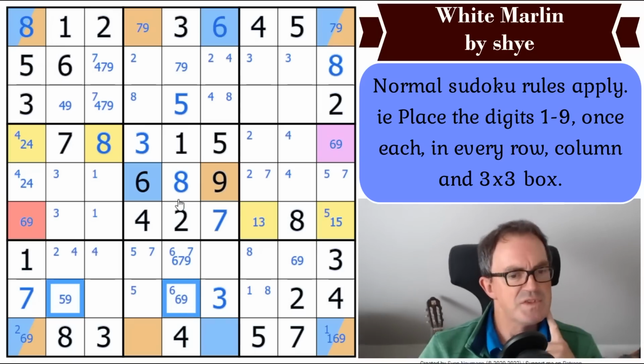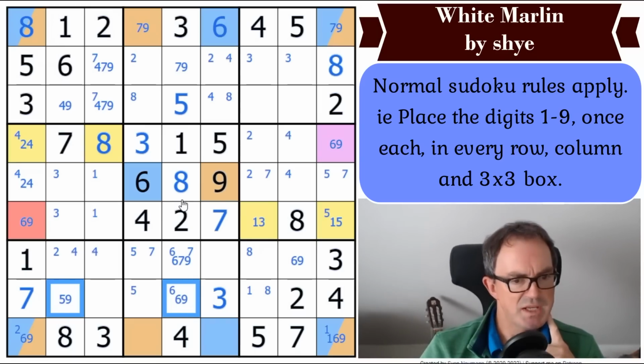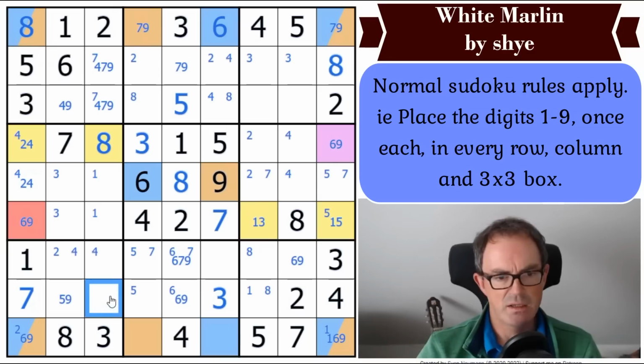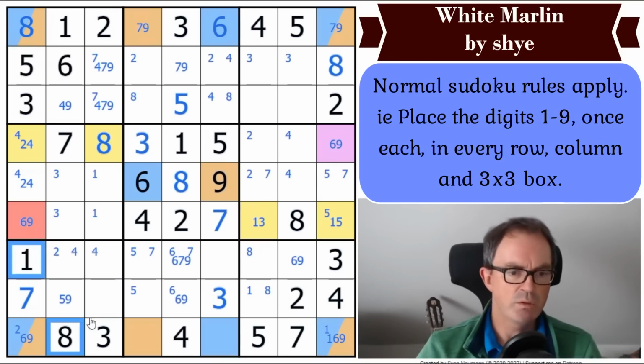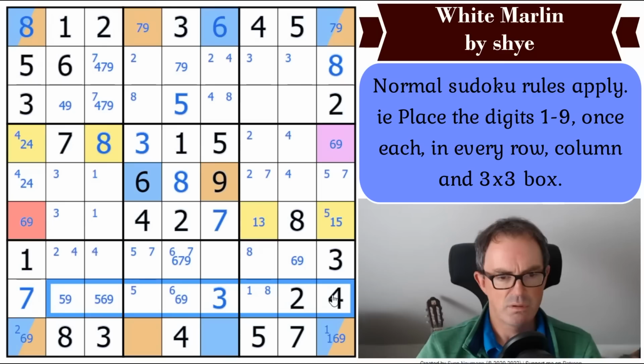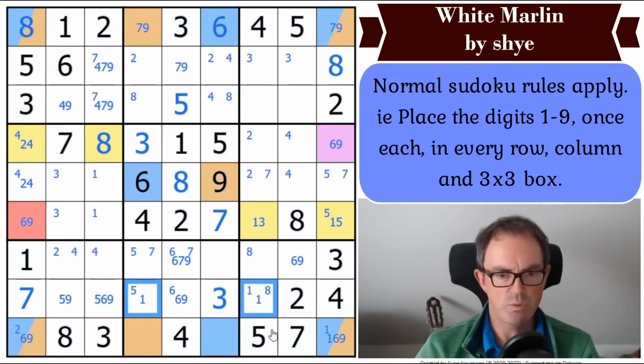1, 5, 6, 1, 5, 6, 8, 9. Oh, I see. Yes, okay. Well, this square is a 5, 6 or a 9 as well. It can't be 1 or 8, so that's 5, 6 or 9. So in this row, there's now a 5, 6, 9 triple. So these two squares have got to be 1 and 8, which means that can't be a 5, which means,